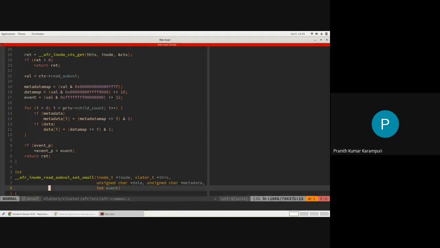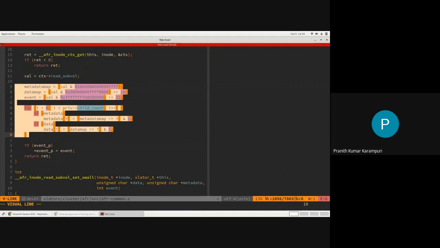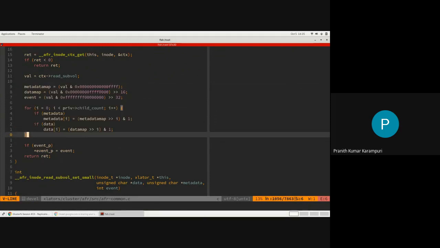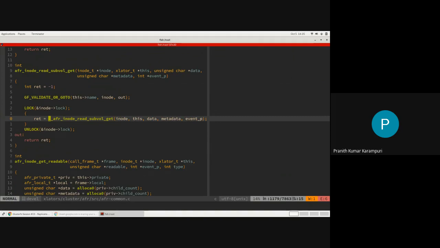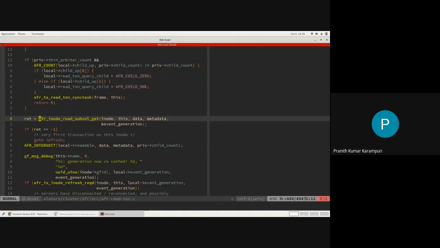That information is decoded, and you create data structures where the data entry for a brick will be 1 if its data is good, and the metadata entry will be 1 if its metadata is good. It gives these arrays back, and does an intersection between the data and metadata to see if there exist some bricks which have both data and metadata good.